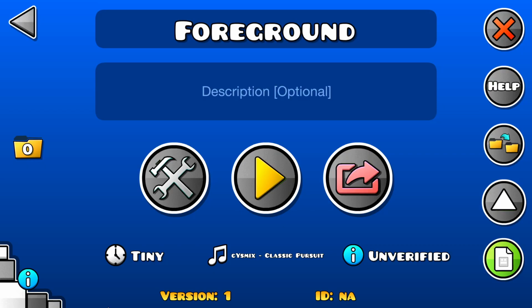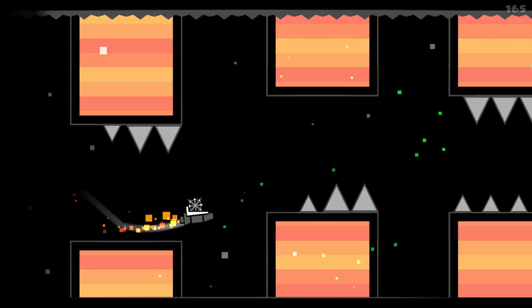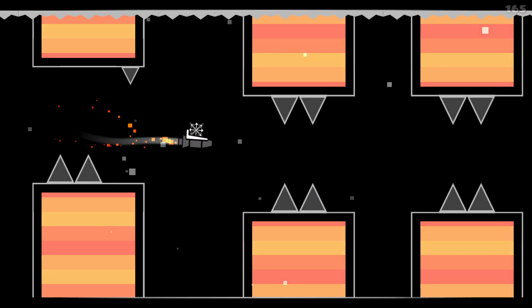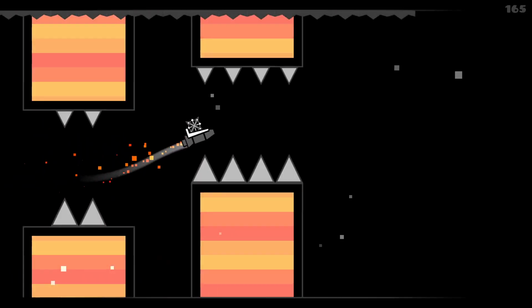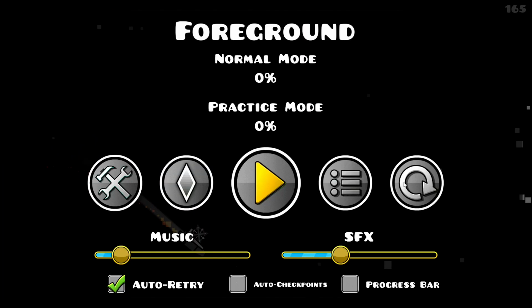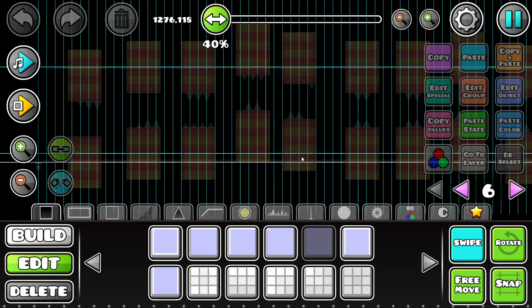So here I've put together a really simple level in like 10 minutes. As you can see, it's pretty empty and basic, and I think that it can be improved with a foreground. So to make a foreground,